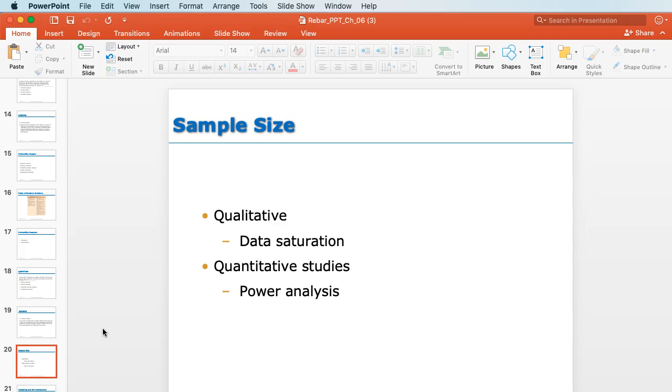Okay, so I'm going to leave it at that, but when you go and look at the Hopkins form and you're looking at sample and they're asking about adequacy of sample, these are some of the things that you would take into account.